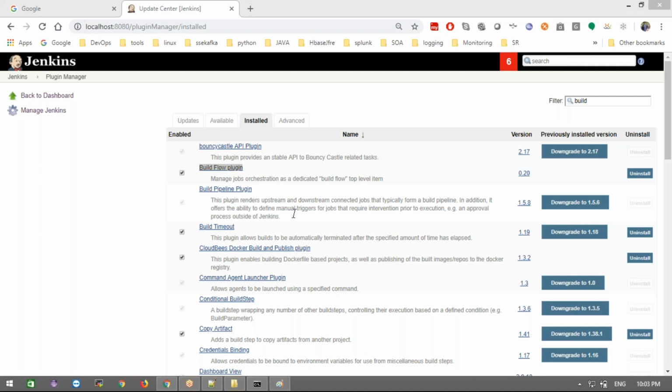Sorry guys. Build Flow plugin. Here we need to install this plugin, and we need to click the install without restart button at the bottom. After selecting the plugin, we need to click the install without restart option.